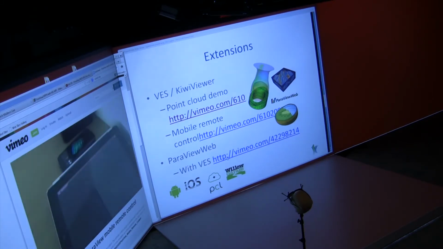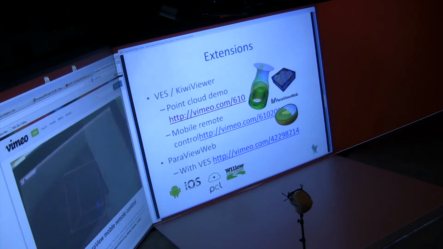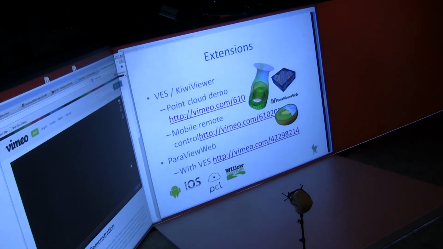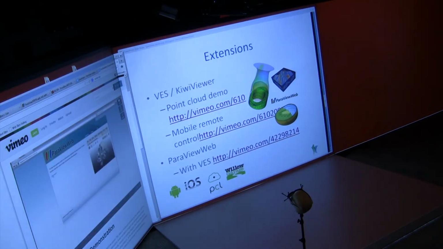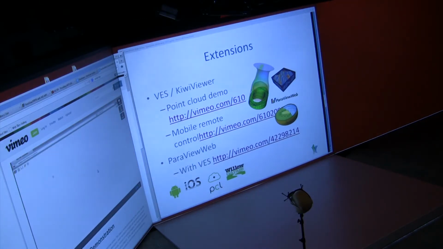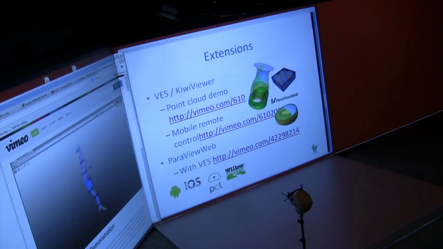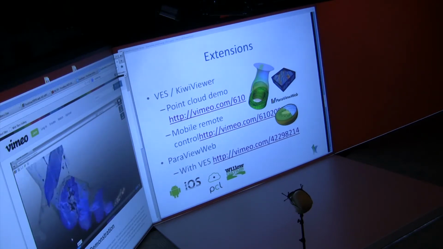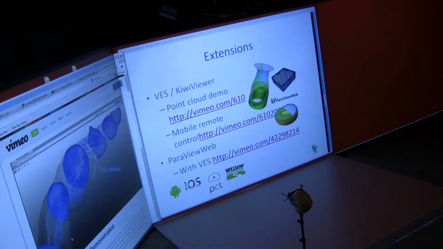Okay, so let me show you ParaView web. The idea of ParaView web is doing the visualization in web browsers. So here we have the web browser. There's something called ParaView web, and it can connect to the PV server just like our client can connect to the PV server, and then it can ask for the data or the renderings,